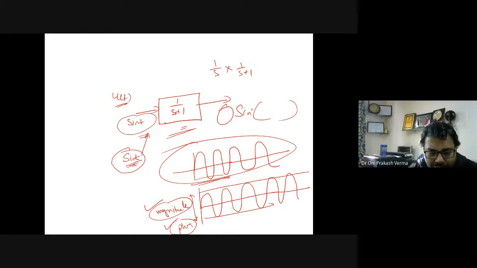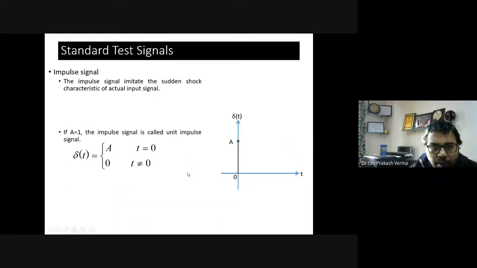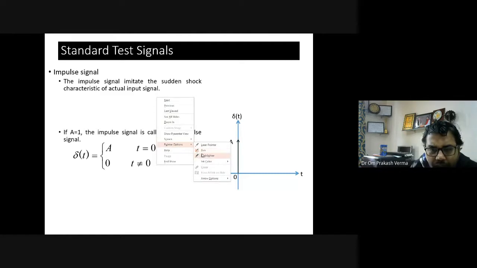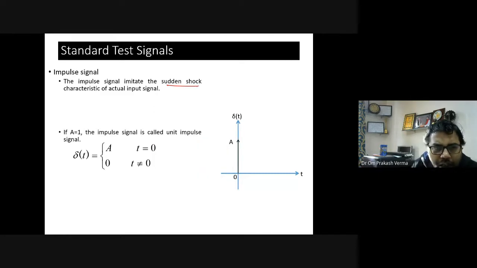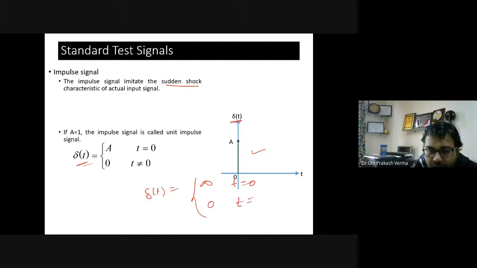ओके, इस पर और डिस्कस करेंगे बाद में, कुछ दिन बाद। ओके, so you have already gone through these things, so we are not going to the detail of this because the impulse signal. What is the impulse signal? So as we know that the impulse signal is the sudden shock. Okay, so you can represent the sudden shock by delta t. Okay, or delta t, you can generally, it is the infinite. Okay, in the ideal condition at t equal to 0 and 0 for the t is not equal to 0, right? So this is the ideal equation.